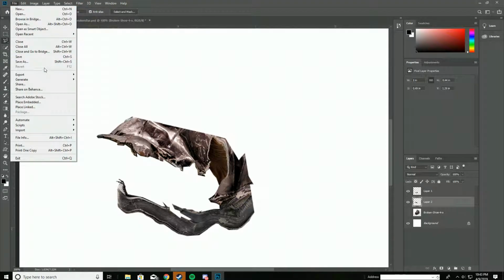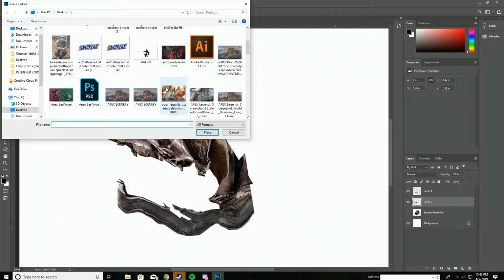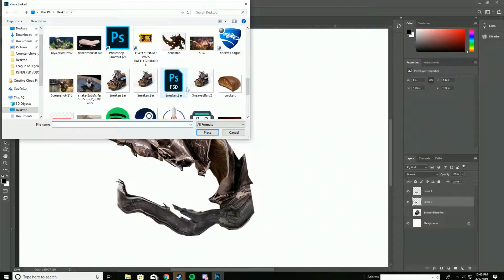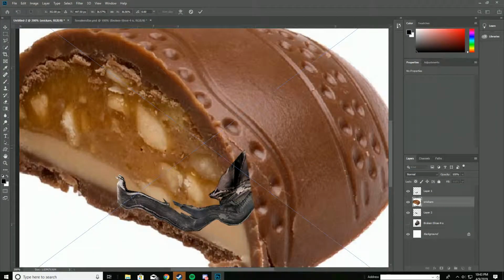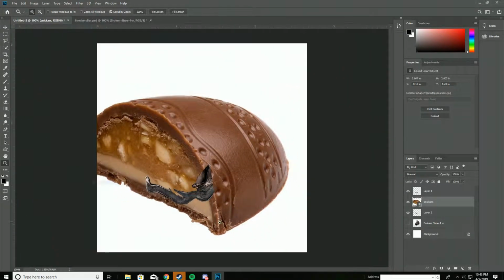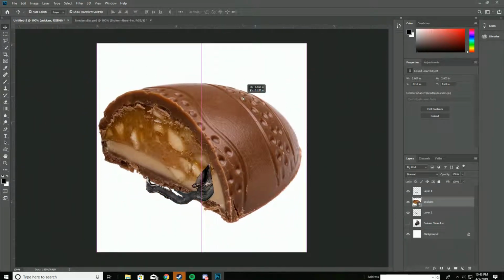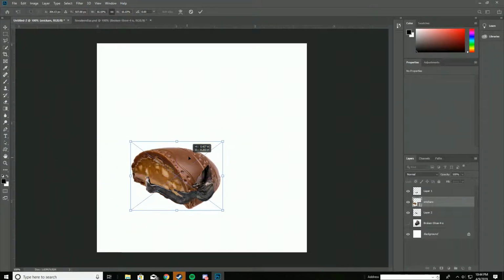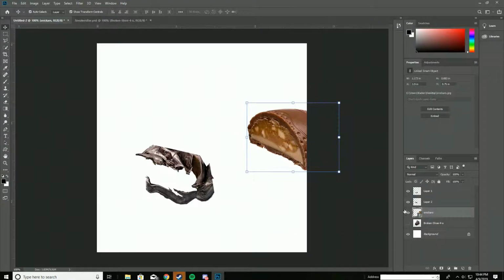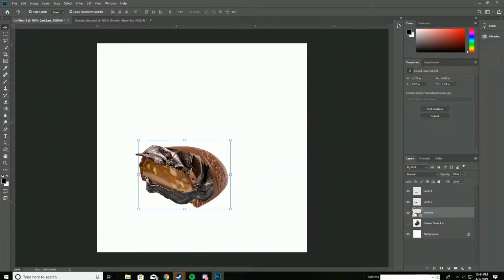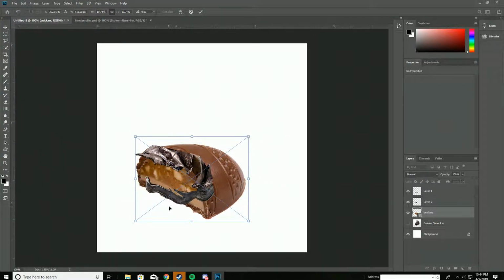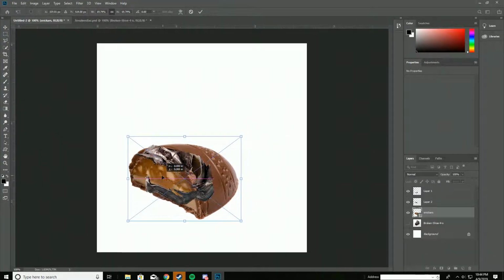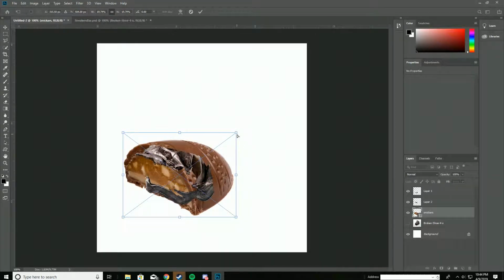Now, after you've done that, you want to go ahead and place your Snickers wherever that might be. It's a bit large since we have it zoomed in, but you can go ahead and shrink it down a little bit. Now, you want to make sure this is actually layered underneath. We can get a grasp on what you're doing. I kind of want to actually make this a little bit bigger, just to see where I'm at on reference a little bit. Now we're gonna hold Control and drag it